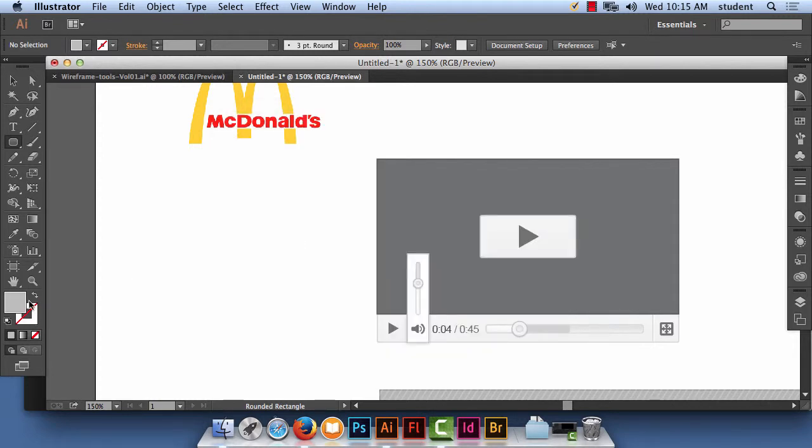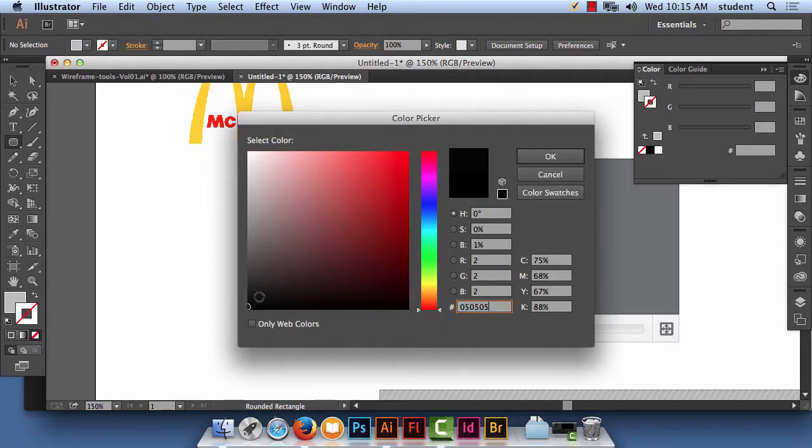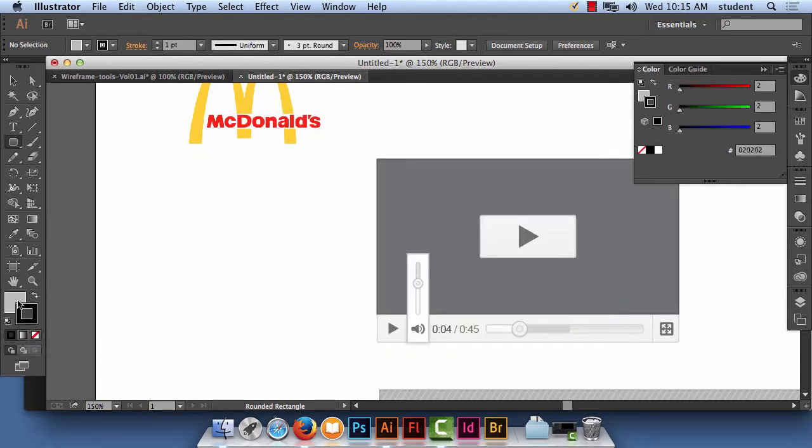Remember, this is the color inside an object, and this is the color that goes around the object. So I might make a black stroke. So again, I'm going to have a gray box with a black line. You can change the colors right here before you even draw your round rectangle. Then I'm going to draw my round rectangle